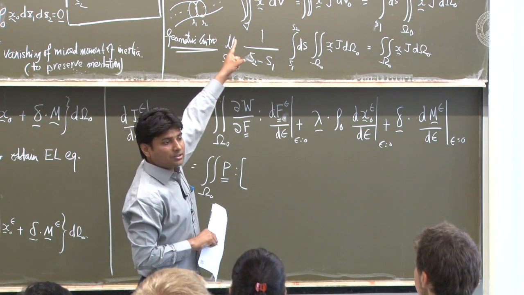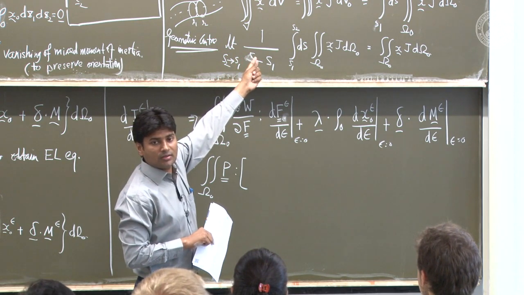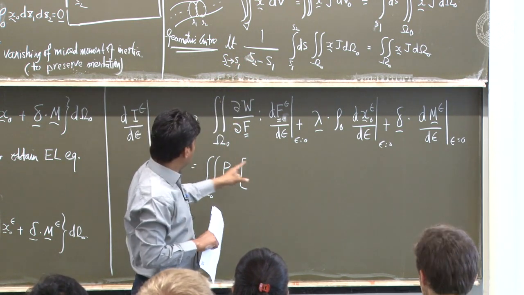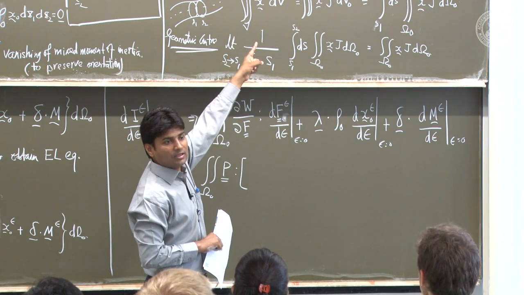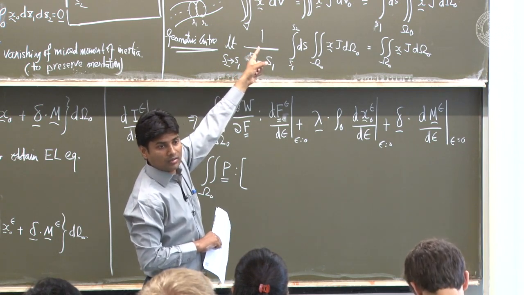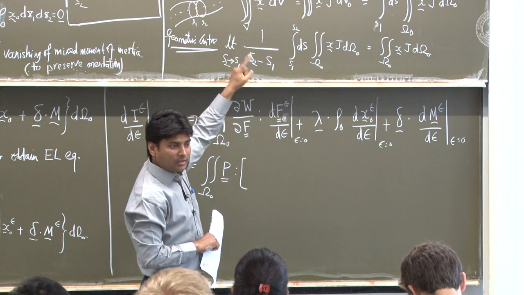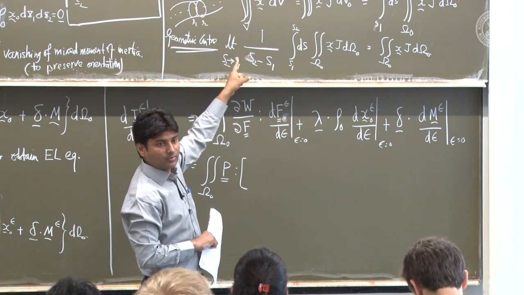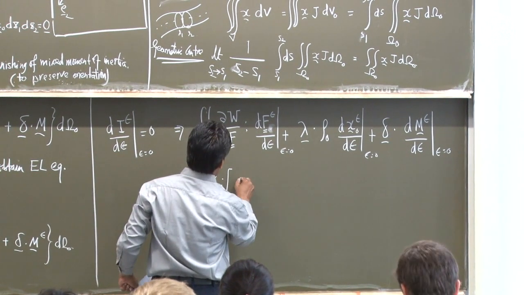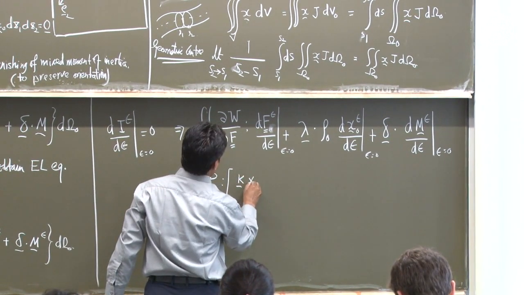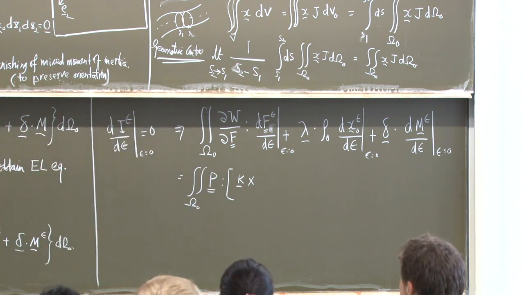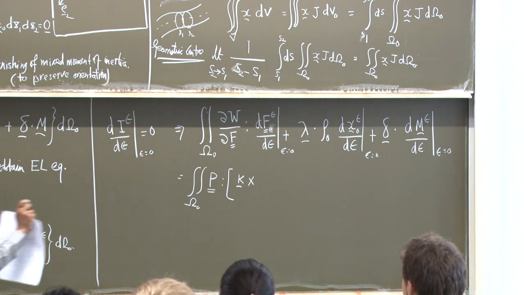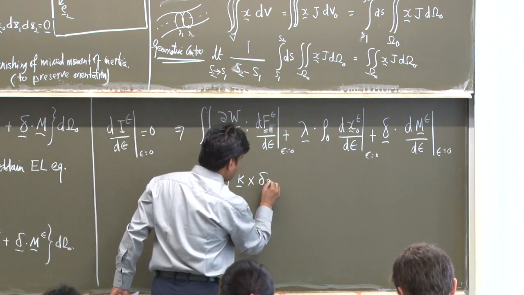The first term, v tensor product E3, that does not change because v is a constant, that does not change as you change your epsilon. So that drops out. The second term has got k cross little x naught. So that's your little x naught epsilon. So that has to be taken. So we have to take the derivative of that with respect to epsilon. So what do you get? So you'll get k cross, just look at here, dx epsilon over d epsilon, that simply gives you del x, right? So this becomes k cross del x,